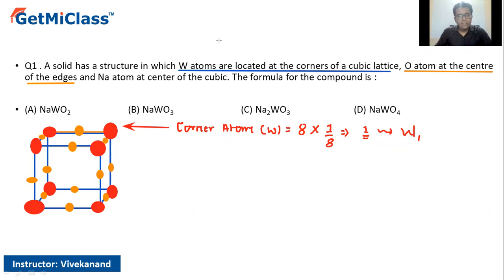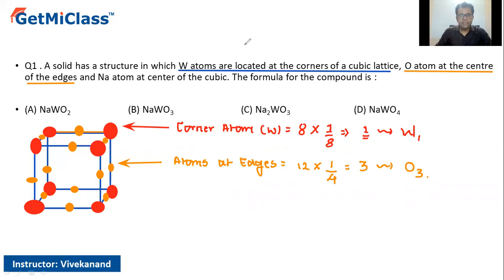So these particular atoms are along the edges. Now there are 12 edges. The particle at the edge is shared by 4 neighboring units. So therefore, it will become 12 into 1/4, that is 3,